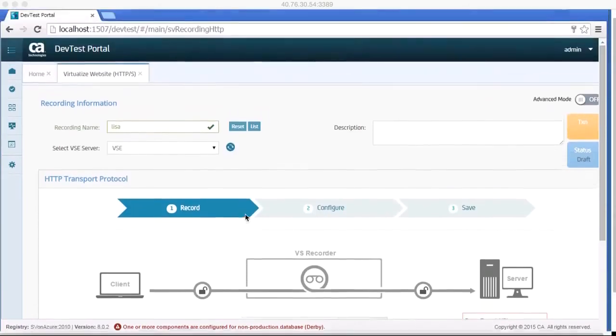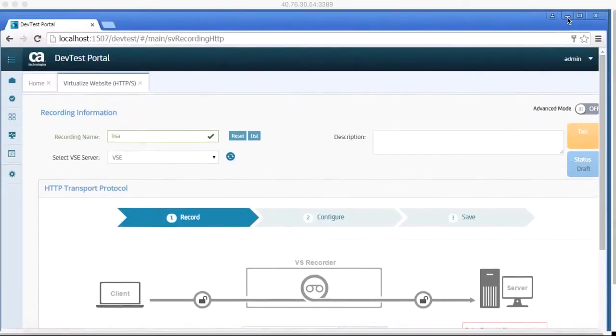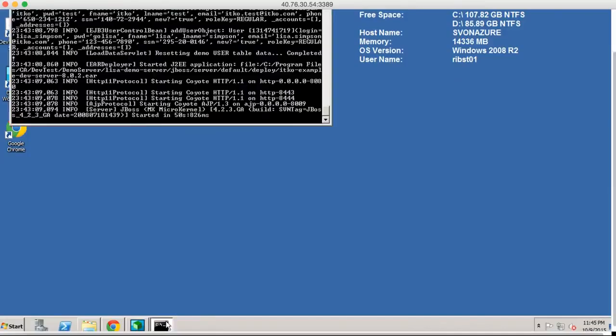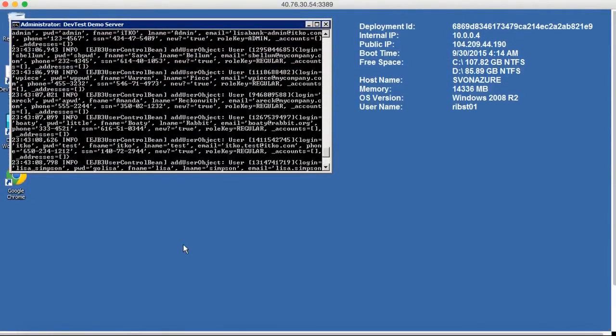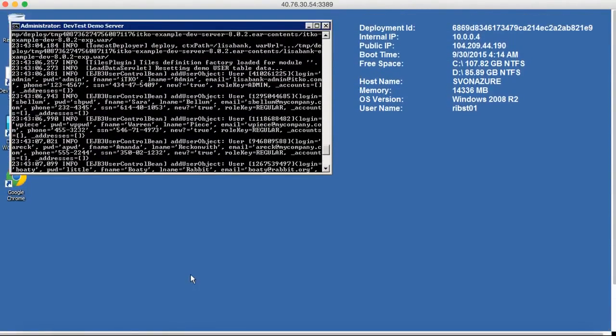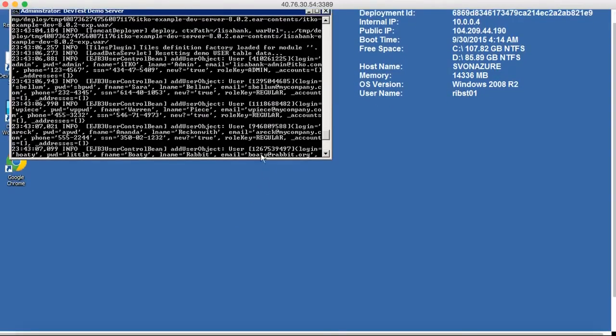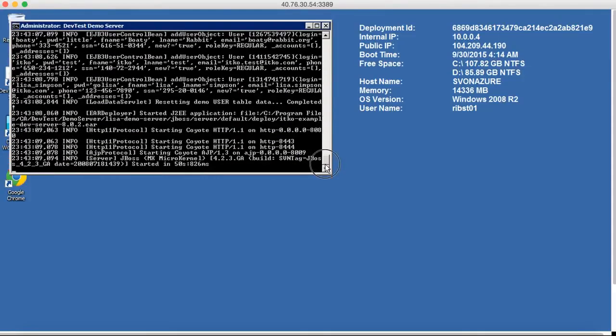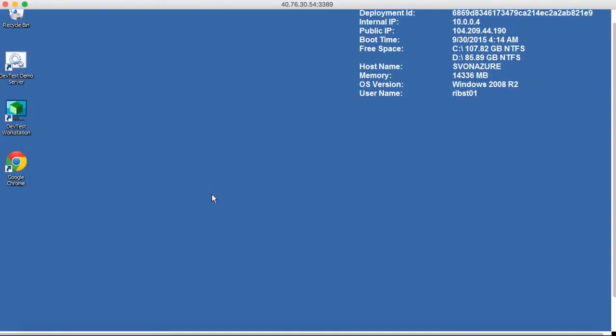So let's go back to the desktop here on my virtual machine. This dev test demo server, if you start that up, it's going to pop open this terminal window, or command line window, and it's going to start up the demo server in the background. Let that continue until you see that it says started, and the date and so on. I'm going to just minimize that screen